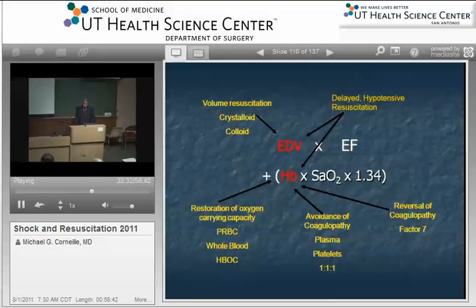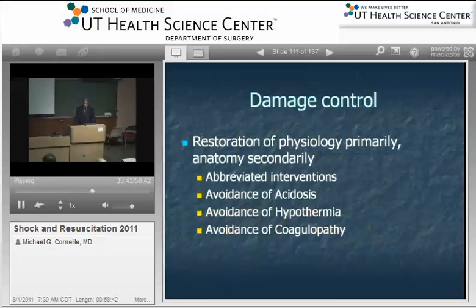And so, as I said, it wouldn't be a complete discussion on resuscitation in 2011 without discussion of the optimal plasma to red cell to platelet ratio. So the concept of damage control has been around since the early to mid 80s, and the basic tenets are that intervention should be abbreviated in order to restore physiology as a priority rather than anatomy. So rather than take patients with bad liver trauma and open their liver and let them get 50, 60, 100 units of transfusion, ultimately to bleed to death in the operating room, the concept of damage control